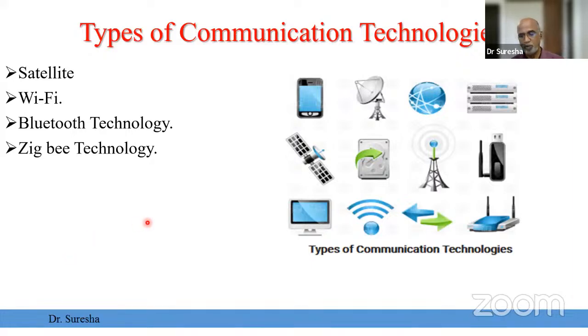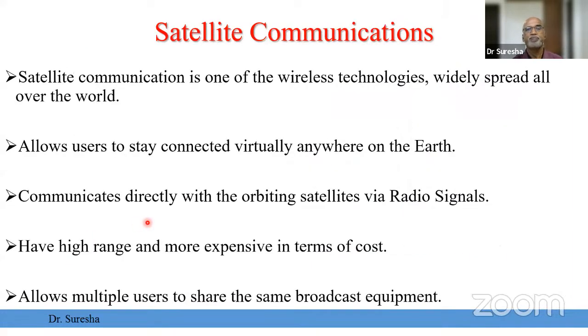So we'll go through some of the things and see what it is. Satellite communication is one of the wireless technologies widely spread all over the world, allowing users to stay connected virtually anywhere on the earth. That is very, very important. It communicates directly with the orbiting satellites via radio signals, has high range and is more expensive in terms of cost. I told you it's expensive. It allows multiple users to share the same broadcast equipment. So the same data can be accessed by multiple users. That is very important. That is one of the advantages in